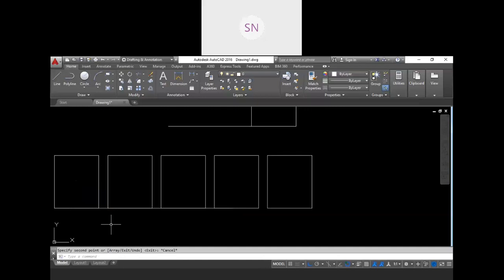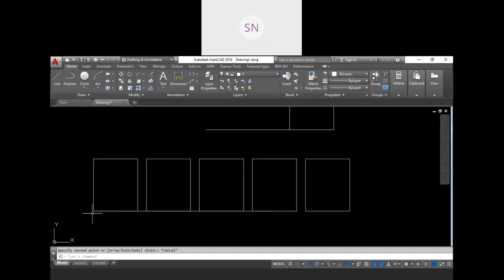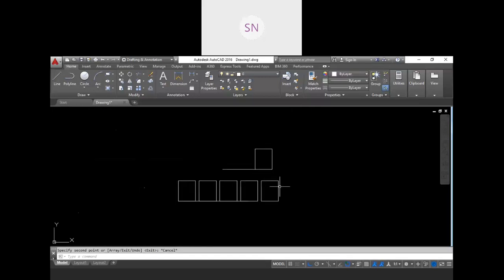So now see, we have a rectangle at a 30 mm gap, right? But you have to calculate from your base point to the base point. This is 25 mm length and this is 5 mm gap. So the total displacement is 30 mm, like this. If you are counting from this point, then count up to the same point over here. So this gap is 30. If you are counting from the center, then measure it from center to center, right?